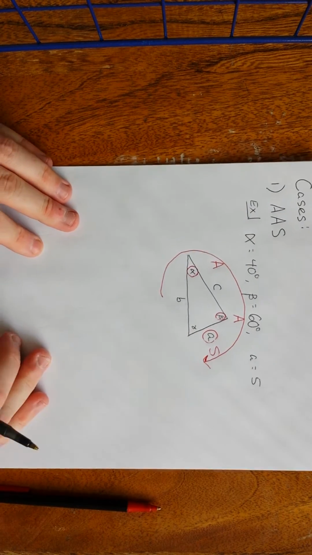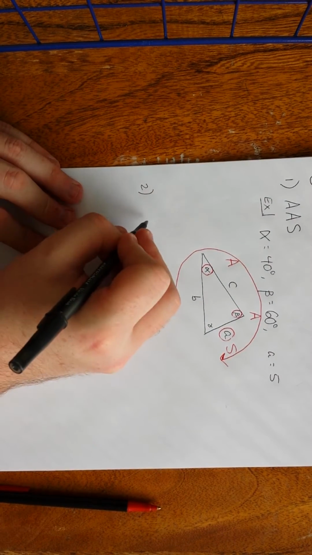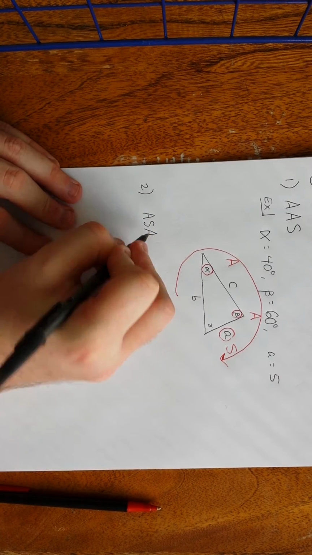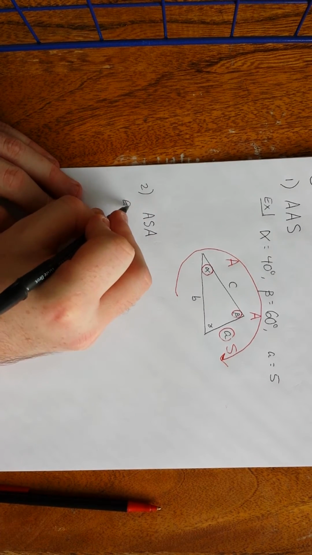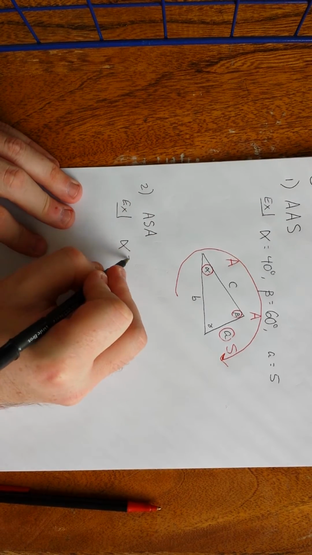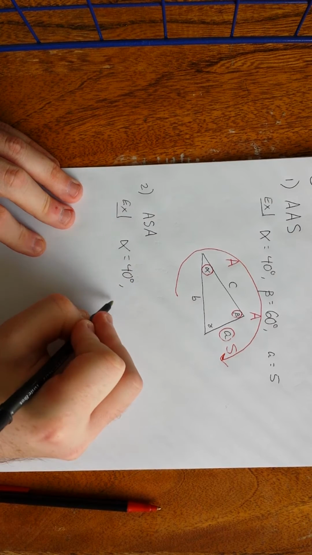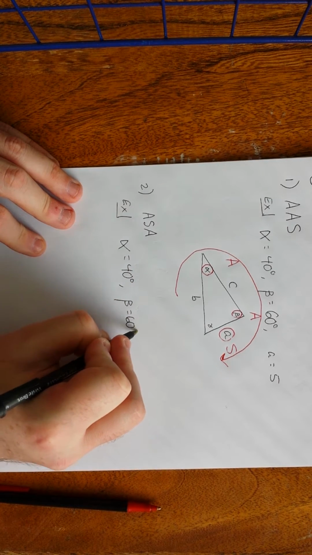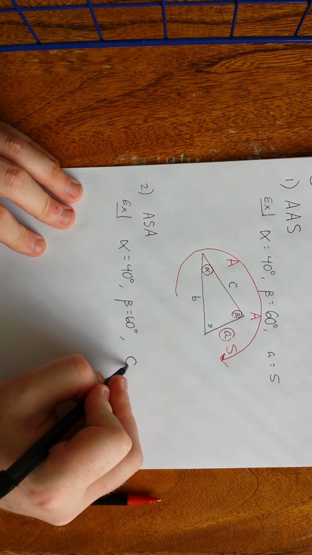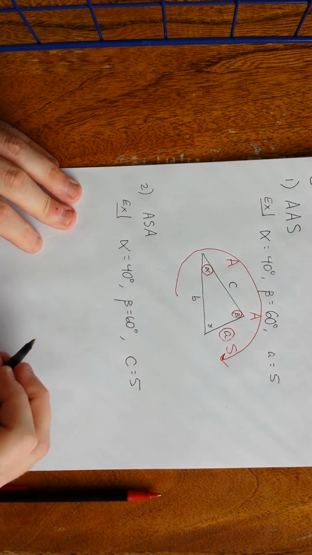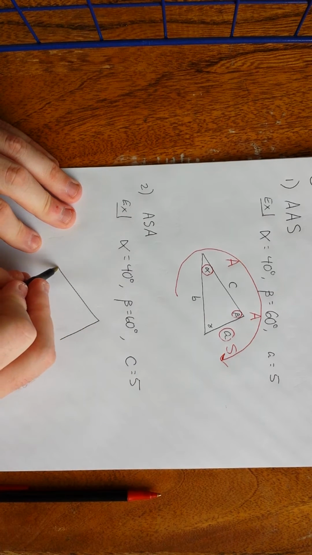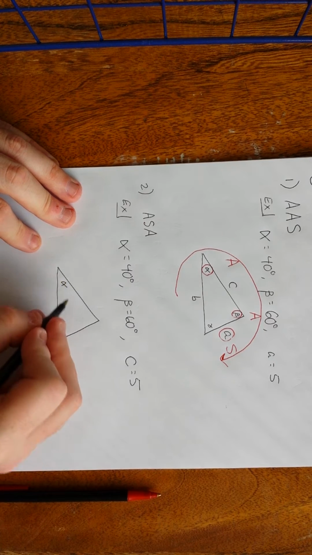In our second case, we have angle, side, angle. So an example of this might be alpha is equal to 40 degrees, beta is equal to 60 degrees, but then this time I'm going to give you that C is equal to 5. If I were to draw the corresponding triangle and label everything as I did before,